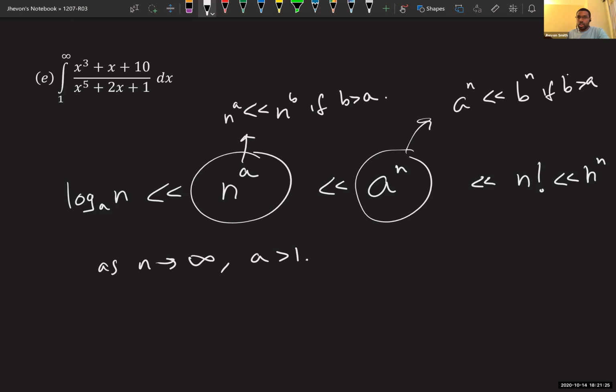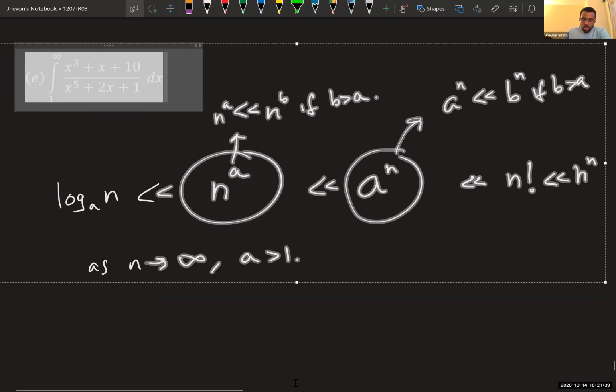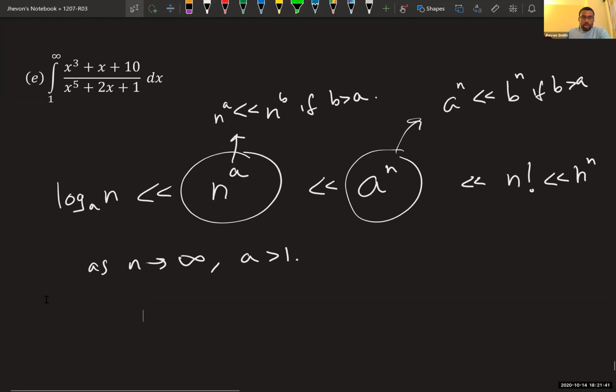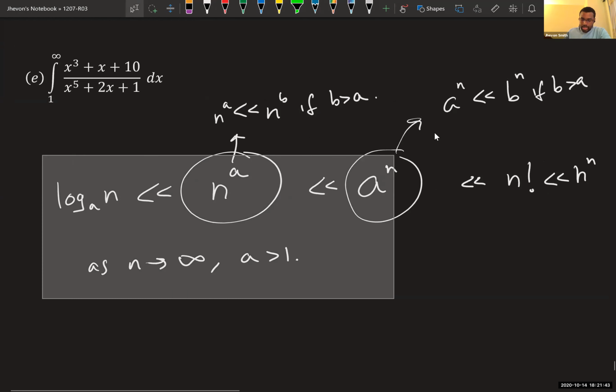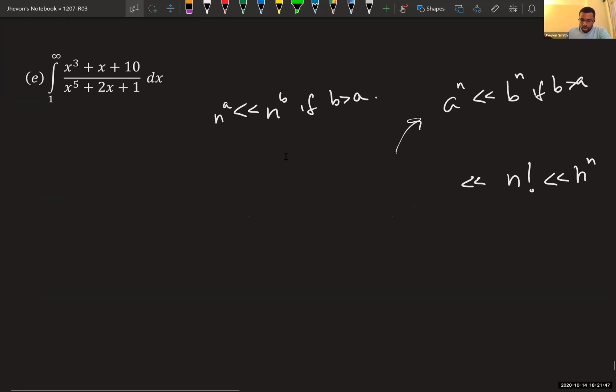So within each category, there's a hierarchy of who the top dog is. And across the different kinds of functions, there's a hierarchy of who the top dog is. So you are going to consider that. That's the intuition that we're using here. Whenever you want to figure out what to compare something to, this intuition is invaluable.